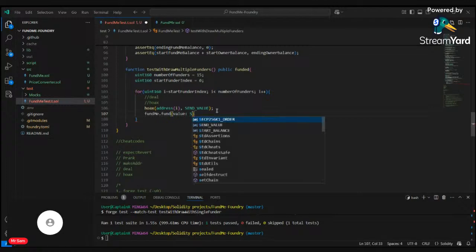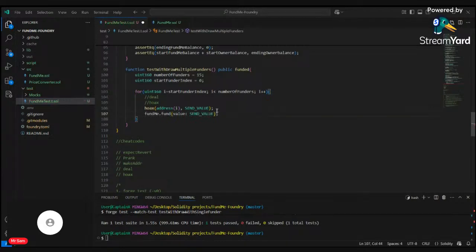So let's do what's right, so we don't send an empty transaction. That's it. So what we've successfully done is that we ran through a loop to generate for us